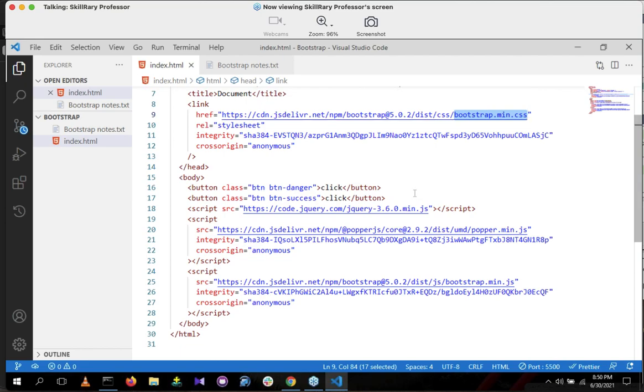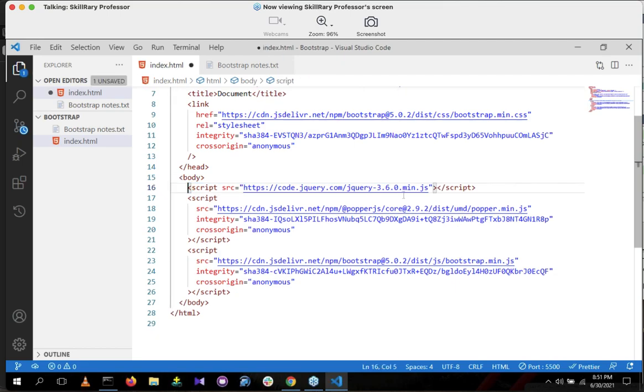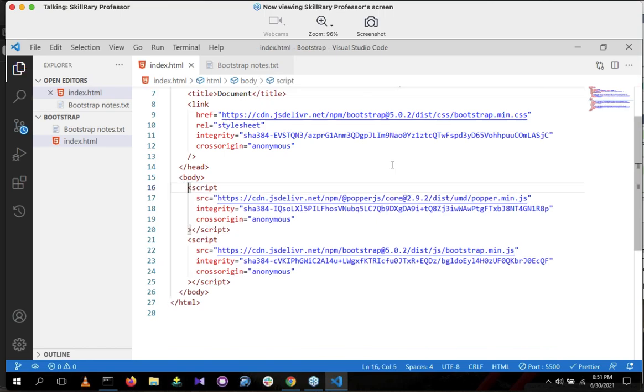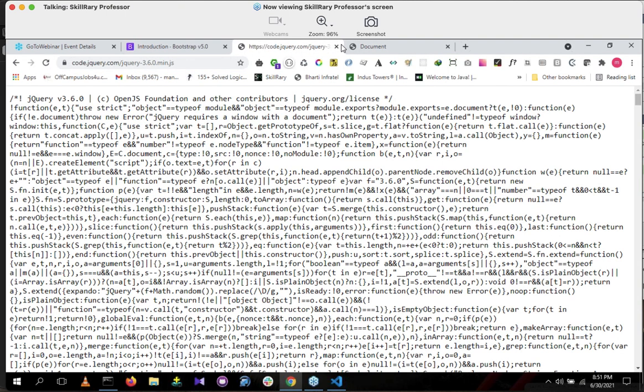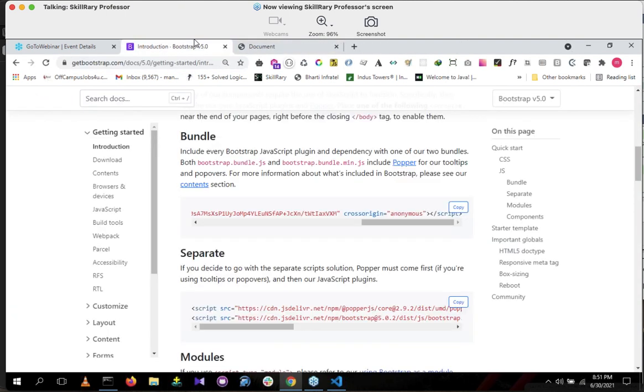Wait, one by one I'll explain. Okay, first let me explain the jQuery. Venkatesh Kumar asked, sir, how to link this jQuery? I want to do that one, then I'll do the buttons. I'll tell you how to take the button color also and where to read the button color also. Okay, wait, one sec, one by one we'll go. First, Venkatesh Kumar's doubt: jQuery. Sir, how to add jQuery?